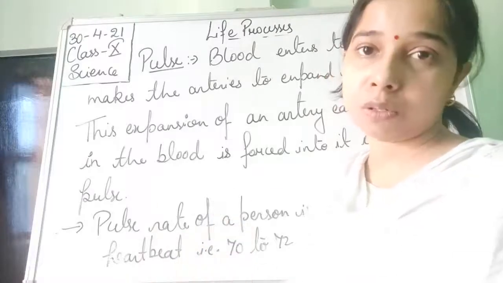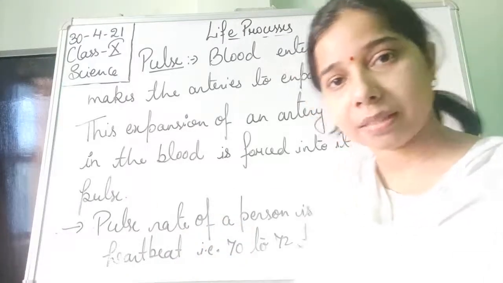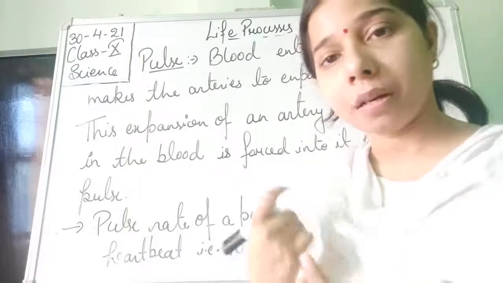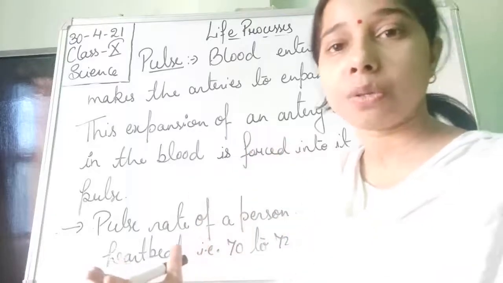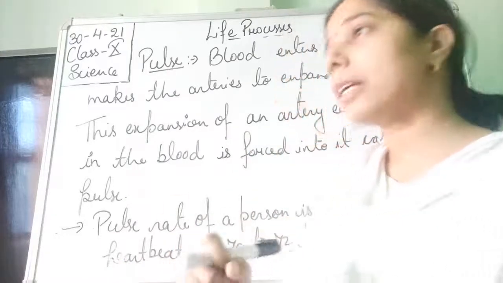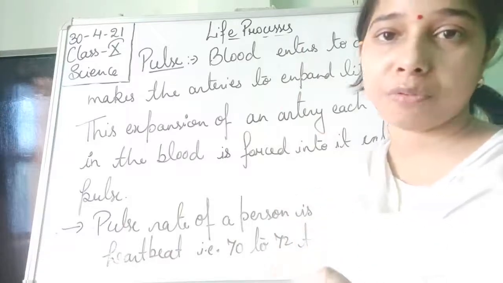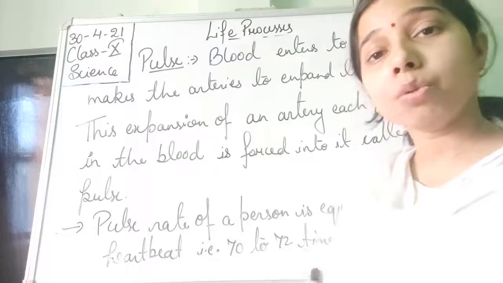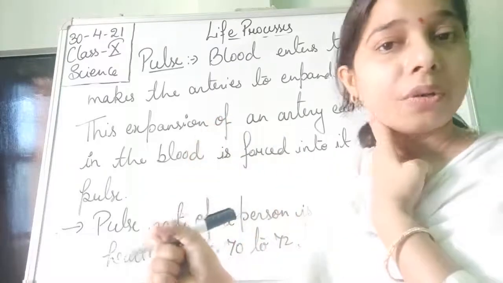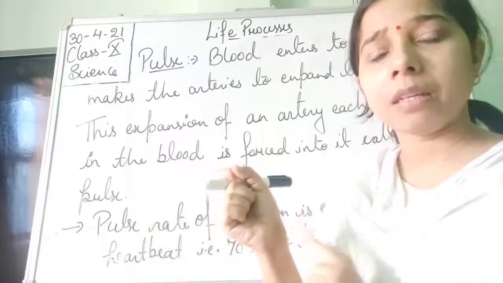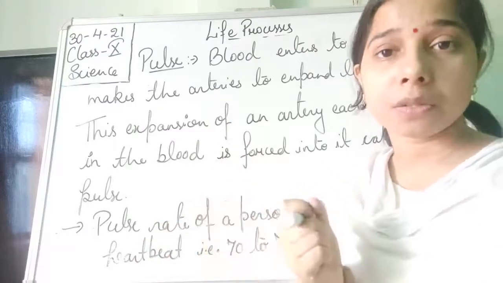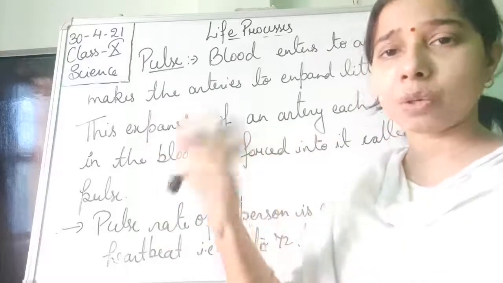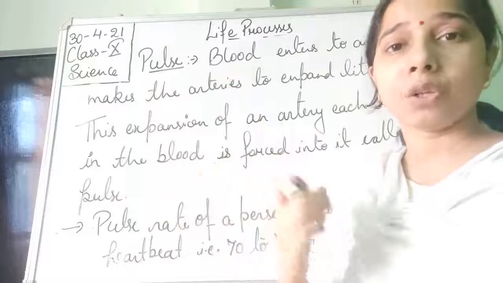Now this pulse also varies when the person is doing physical exercise. Obviously, when the heartbeat increases, at that time the pulse rate also increases, students. Now, how can you find the pulse rate of a person? You have seen many times the doctors touch your wrist or your neck in order to check your pulse rate. Why is it so? Why are they checking these particular places, students, not everywhere? Why are they not checking here or anywhere else in your body?